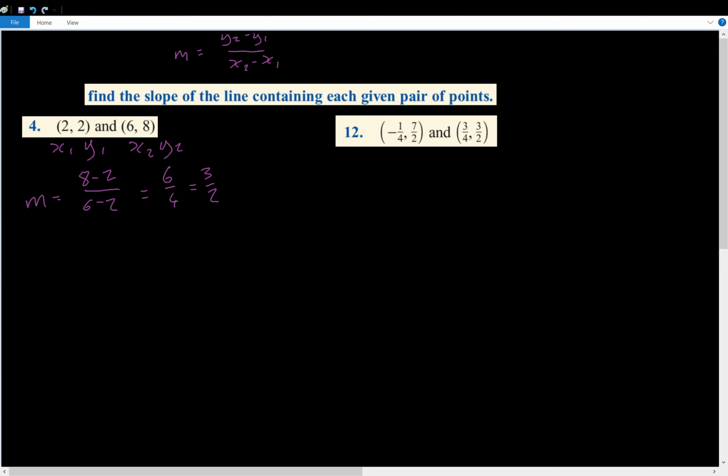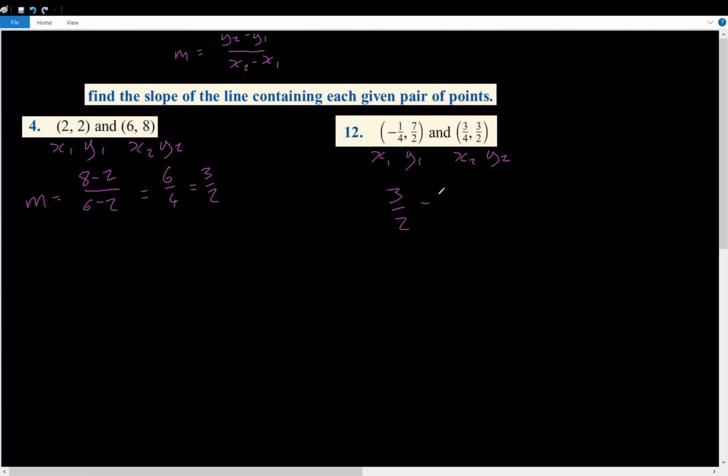For question 12, our points are minus a quarter and 7/2, and 3/4 and 3/2. So the first point is point 1, x1, y1, and our second point is point 2, x2, y2. Even though there's fractions involved, we're still going to put them into the formula, which itself is a big fraction. So y2 minus y1 is going to be